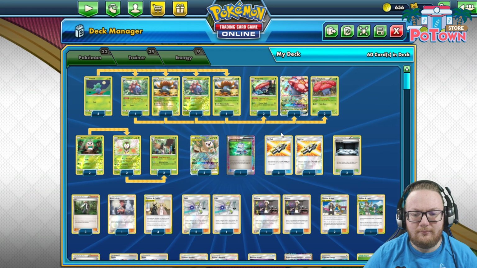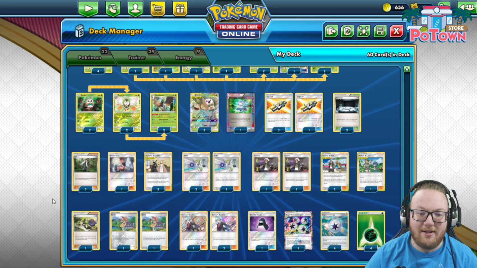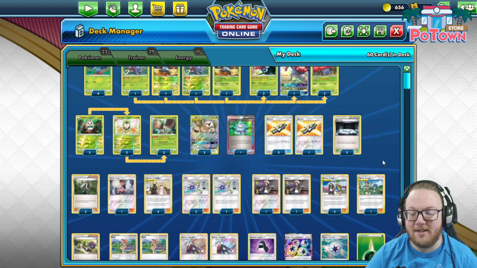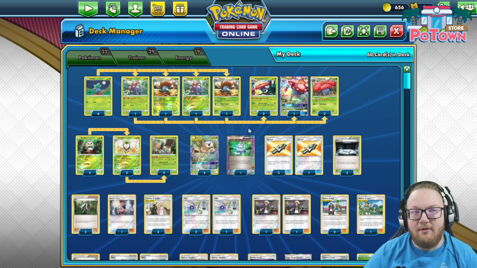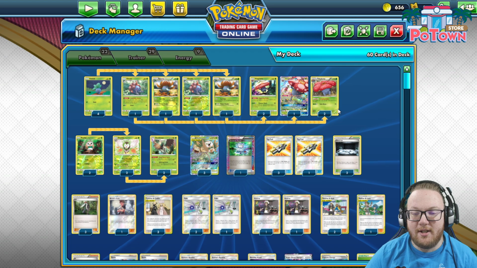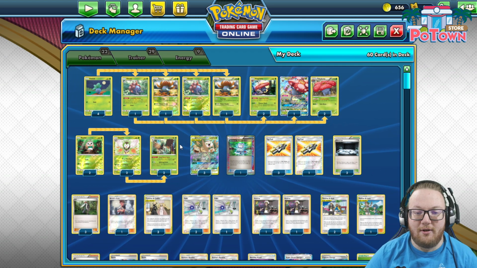So I haven't made those changes to try to beat Centiskorch Garbodor because I'd rather just keep the good matchups everywhere else, because this is a super solid deck. The two decks I'm worried about when playing Aggro are Eternatus VMAX Zorark, because they play the Darkrai GX